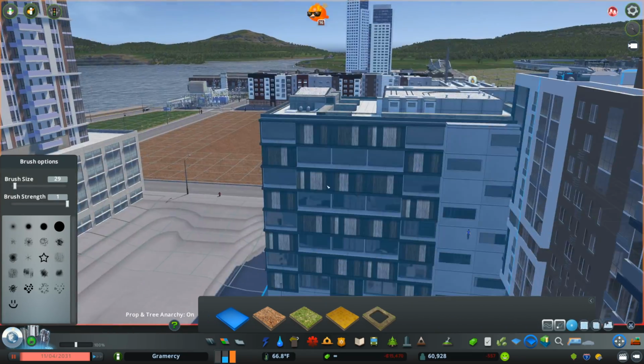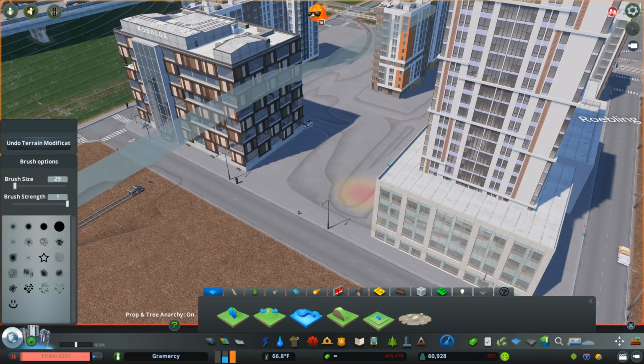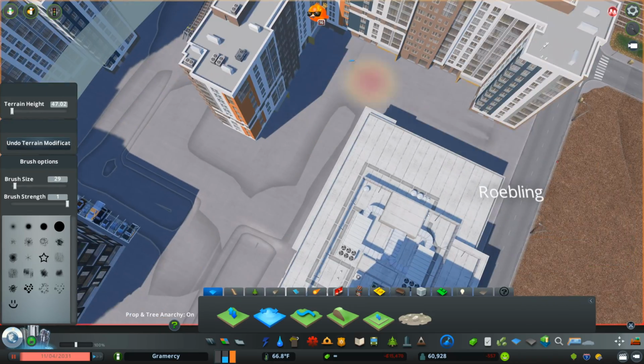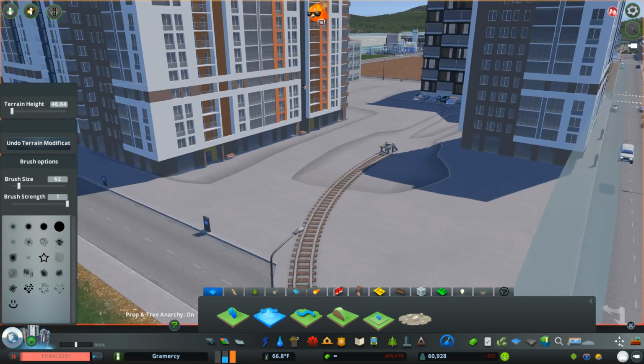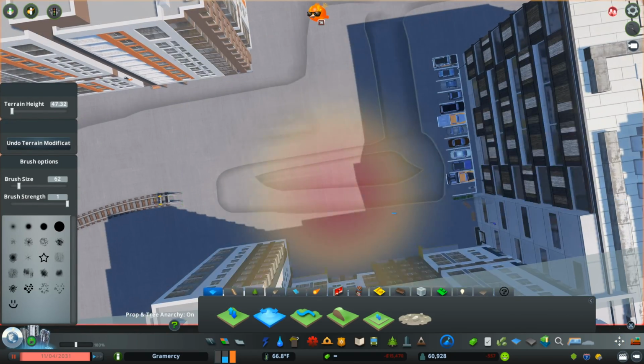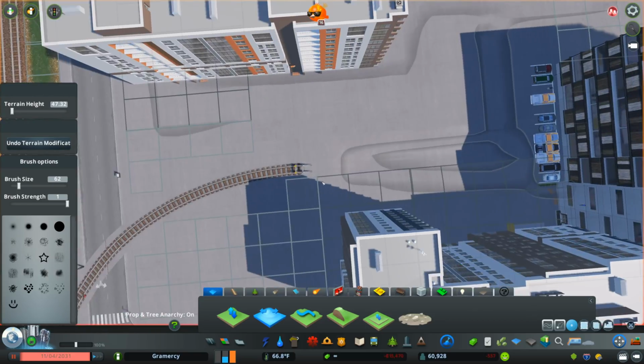So a lot of it has now transitioned to these areas that were formerly industrial, and now they end up in their nice waterfront districts. So Roebling here, which is my Williamsburg, Brooklyn sort of alternative, though it's also taking a lot of inspiration from some of the Queens waterfront just north of Greenpoint,